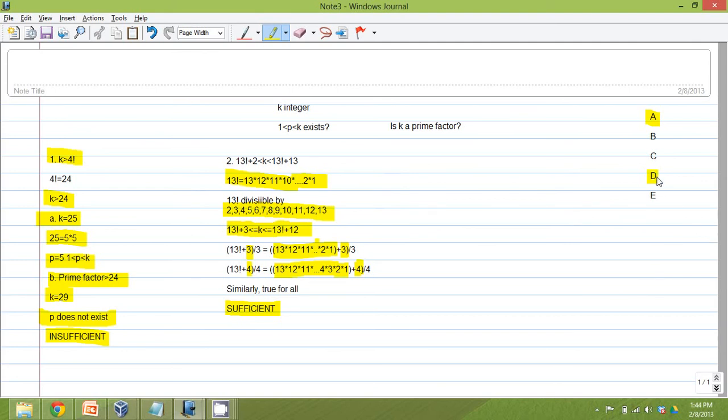So we know that B is sufficient, A is not sufficient. C says that both of them together will be sufficient. We don't need it. We know that 2 is sufficient by itself. E says that individually or together they are not sufficient. We still know 2 is sufficient. So we don't want E. So the right answer at the end is going to be